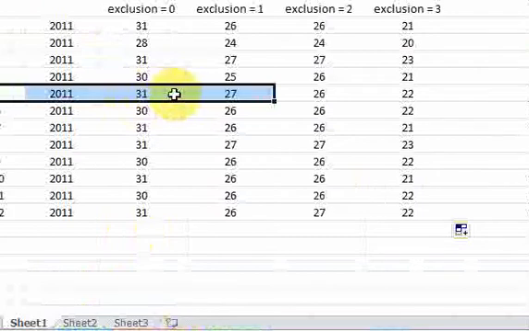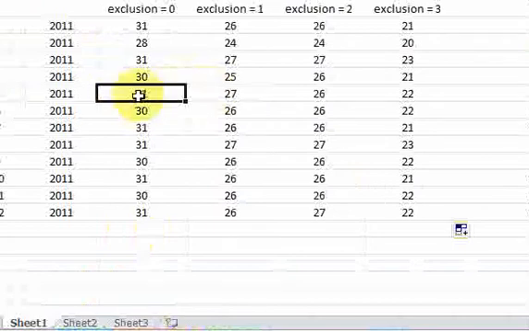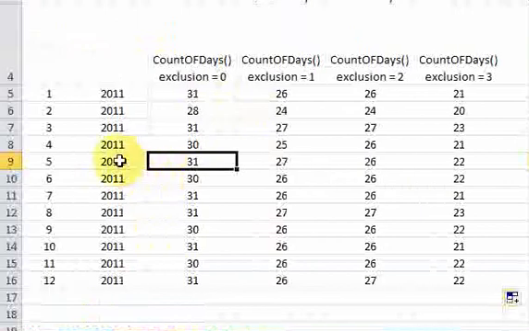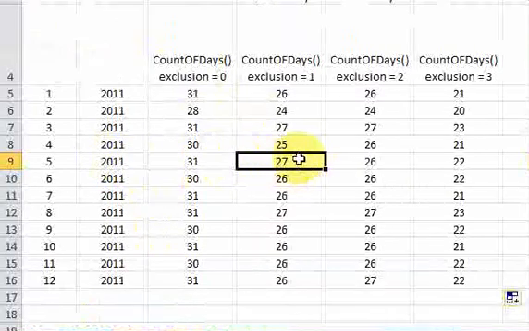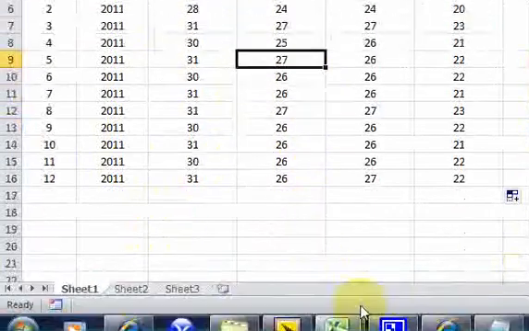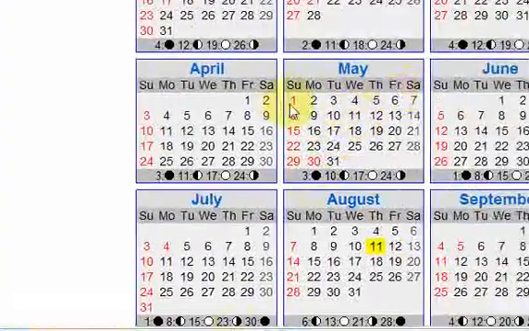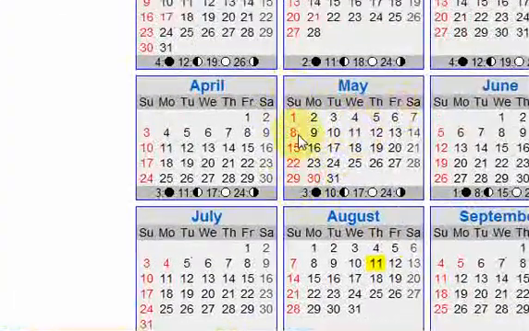Sorry, that error really threw me off. So 31 minus 4 is actually 27, and that's what we have here. There's 31 days in May 2011, but if we subtract the 4 Saturdays, we have 27 days. Similarly, if I subtract the 5 Sundays, so 1, 2, 3, 4, 5 here,